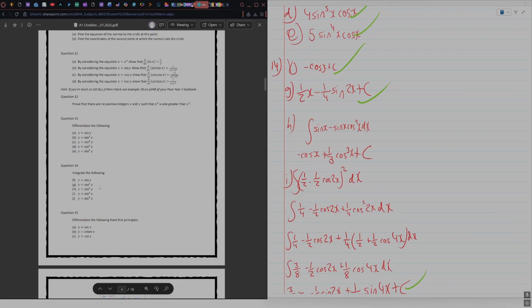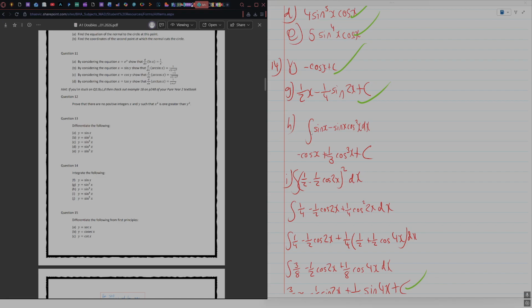Next question. So the integral is kind of the annoying one. The first one's easy. It's just negative cos x plus c. And then for the second one, I honestly just remember the half angle formulas, which is sine squared equals half minus half cos 2x. But when you have odd powers, you do the half angle formulas, and then,